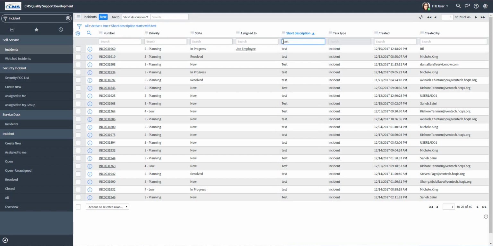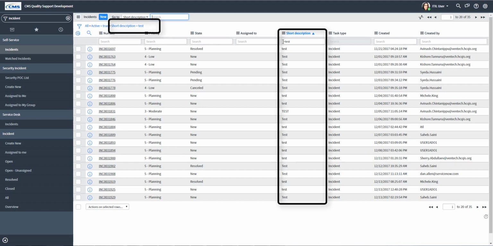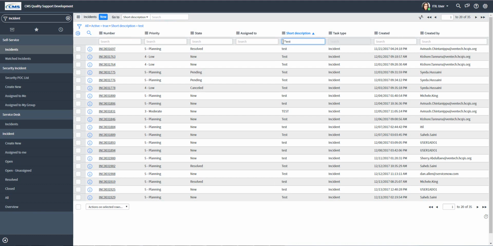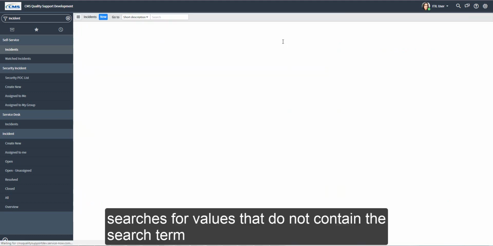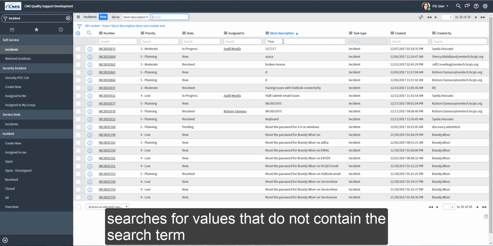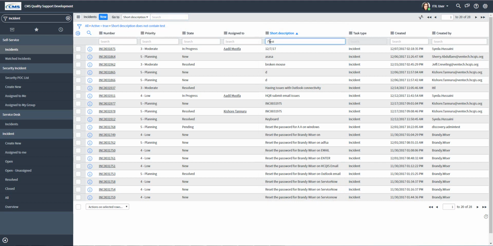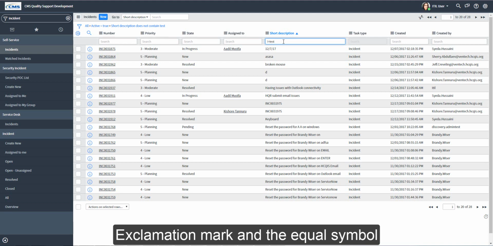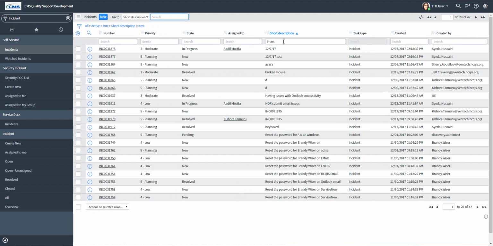Equal searches for values that equal the search term, the exclamation mark and asterisk searches for values that do not contain the search term, exclamation mark and the equal symbol searches for values that do not equal the search term,